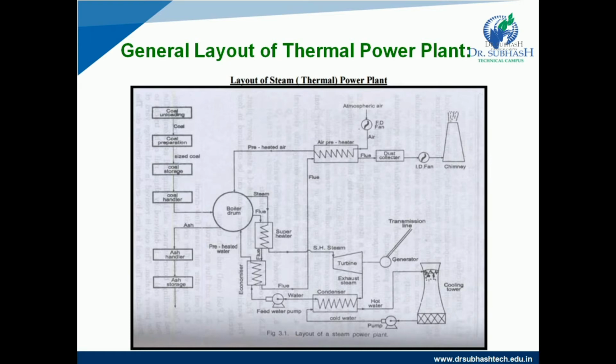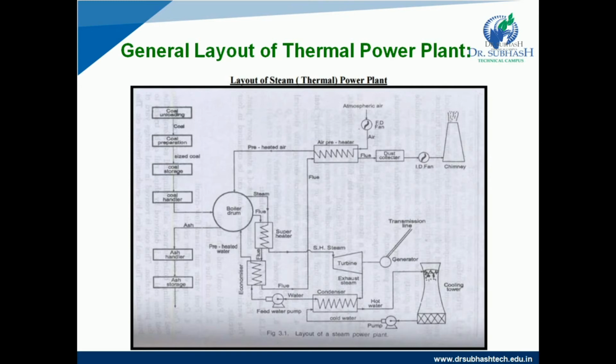So what is the main application of the turbine? High pressure superheated steam is first of all fed into the steam turbine, which causes turbine blades to rotate, and then the stored energy in the steam is converted into mechanical energy. So now the pressure and temperature of the steam fall to a lower value and it expands in volume as it passes through the turbine. The expanded low pressure steam is then exhausted into the condenser, right?